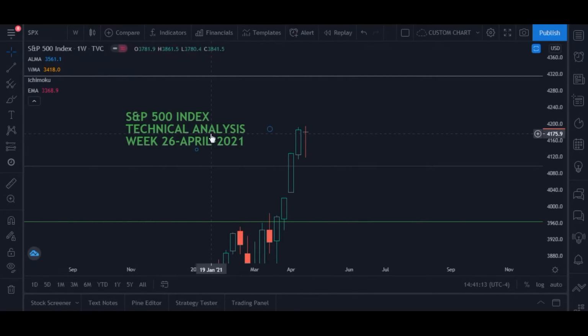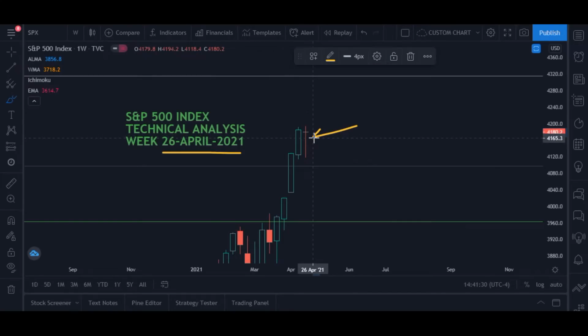Here is the technical analysis for the S&P 500 index for the week starting from 26th of April 2021. This is the weekly chart, and these are the weekly candles. If you see the last candle which was formed recently for the week of 19th April 2021, it's a doji candle. A doji candle often represents indecisiveness in the market, which indicates that the market is now going to